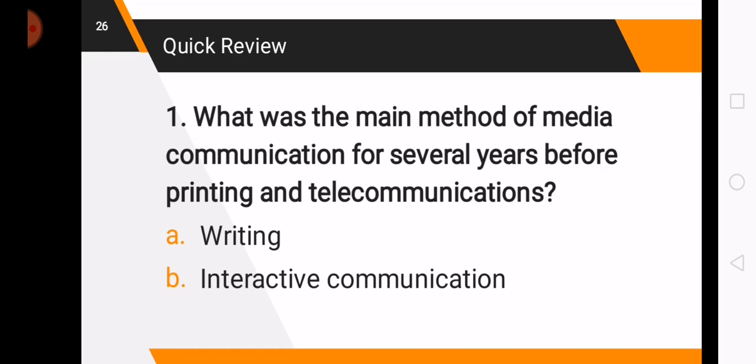Number 1, what was the main method of media communication for several years before printing and telecommunications? Is it writing or interactive communication? Okay, so the correct answer is writing. So I hope you got it right. Number 2 question.